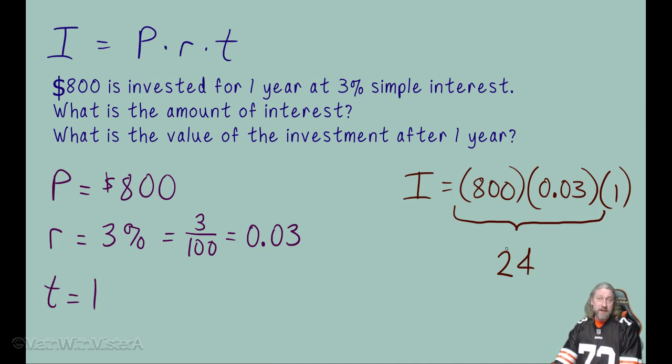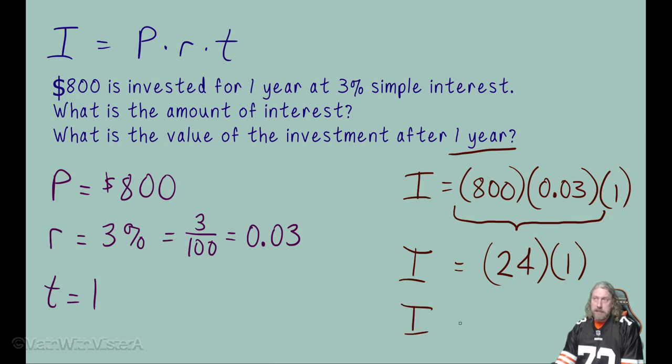That would be the amount of interest after 1 year. Well, after each year. But in this case, we're only interested in 1 year of the investment. So $24 just one time. T equals 1 because only 1 year for this investment. So that $24 per year is equal to the amount of interest for this 1 year. So we have the first answer, the amount of the interest is $24. We found 3% of 800 and multiplied that by the number of years of the investment,